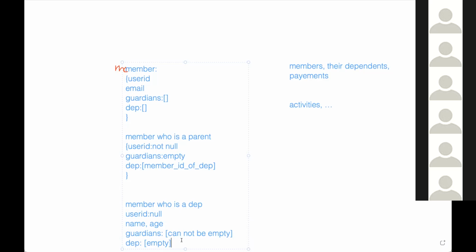A dependent is just a new member that has no user ID. So can you save this image so that we use it as one of our design documents somewhere? It's rough right now, but still useful. We don't want to forget about it.